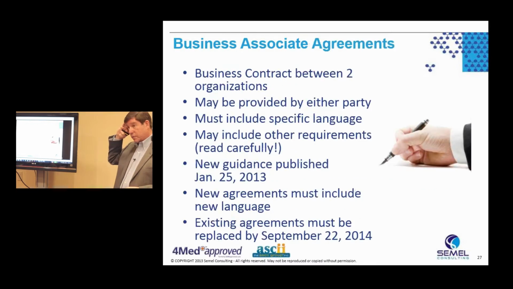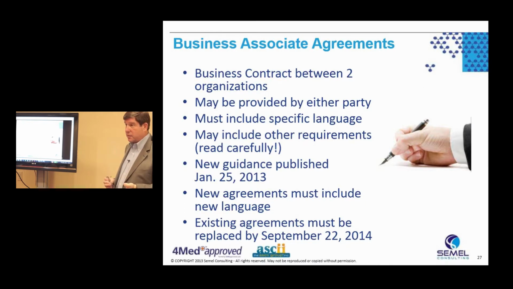So business associate. The contract that a business associate signs with a covered entity is simply a contract between two businesses. It's not a federal form. It has to have certain verbiage in it based on the rules and the guidance published by the federal government, but it's really a contract between two businesses. Just think of it that way. Either party can provide the other one with a contract. So even though you would expect the covered entity to give you a business associate contract,